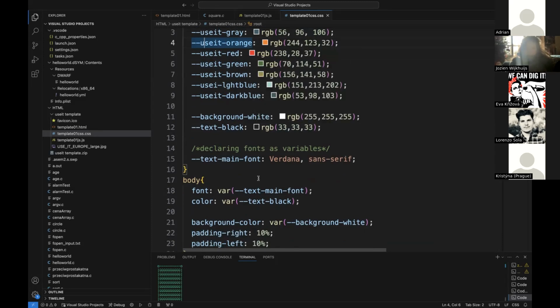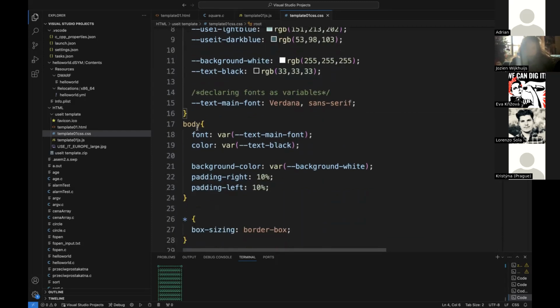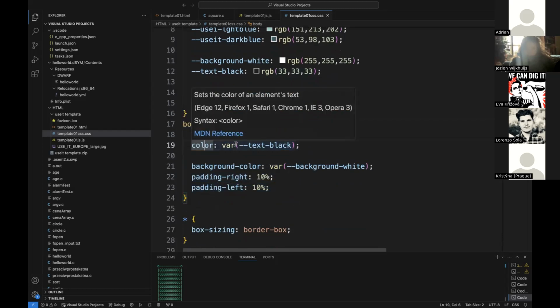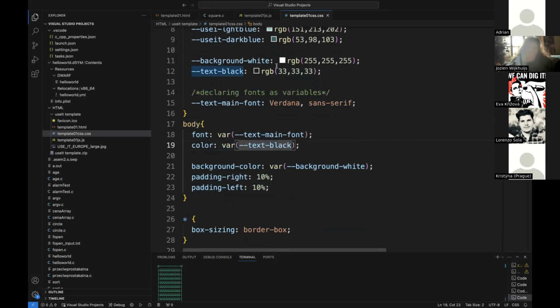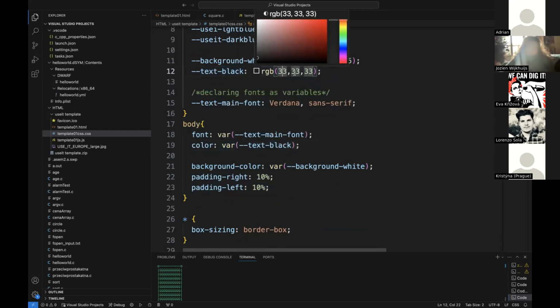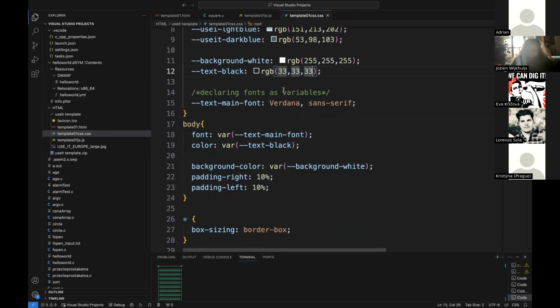And for example, for the whole body, the color of the text is text black, and it's 33, 33, 33. So the pixel lights up only a bit. So 33 of 33, but the